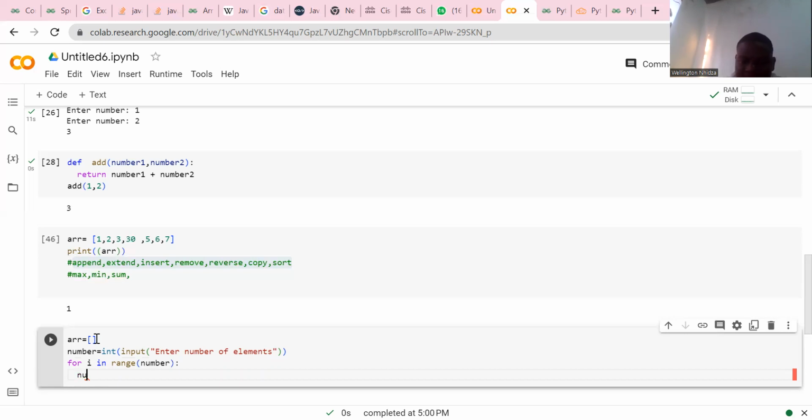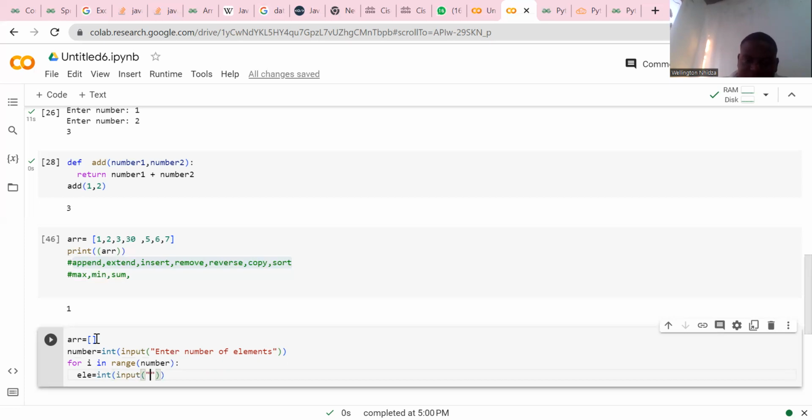You can just say element, just L is equal to input. So here we want him to input values, int, you can say input